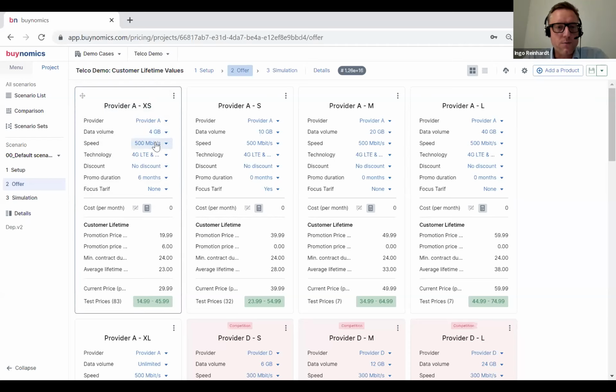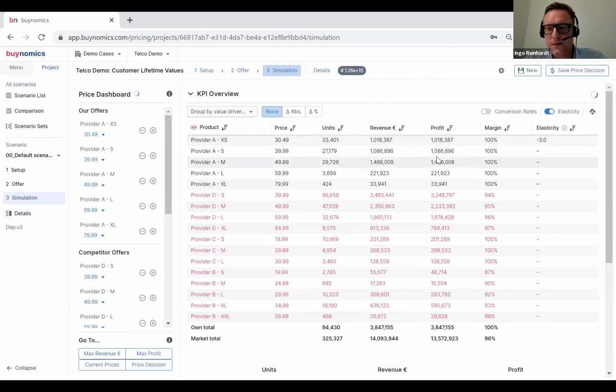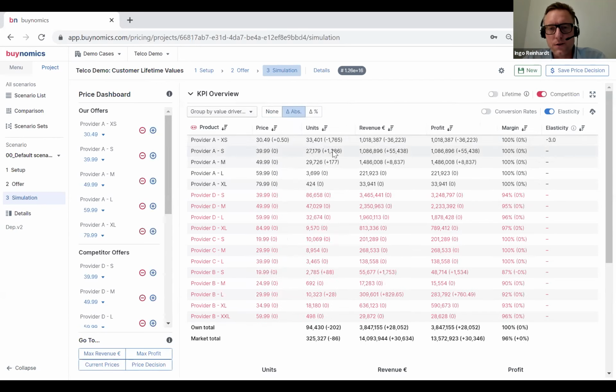Depending on your cost structure, which I didn't mention on the previous screen, you can also input the cost you have with products. If there are some elements in a plan that you need to pay for, then these things can be added in here. And then you can, of course, look at the elasticity. What happens if I increase the price here? In this case, we increase the price by 50 cents, and we lose a number of sales. And this is what sets this apart from pure elasticity models.